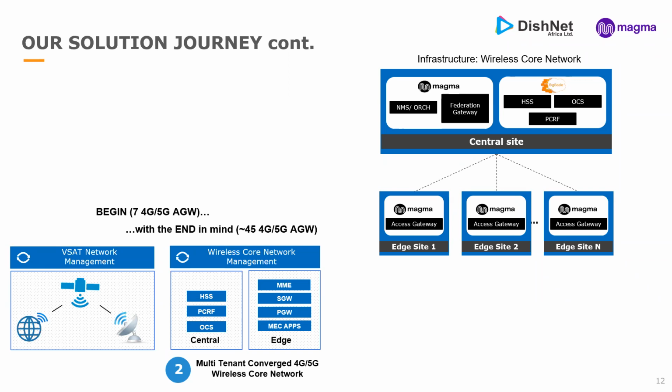This way we managed to build a system where we can provide different kinds of data packages to the users. The concept is simple: we build one test site and then repeat it for the number of sites. Currently we deploy for 3 to 4 kilometer coverage, using three eNodeBs and one access gateway. We first aim to cover the area, and once we have enough outlets, we will focus on the capacity of the users.